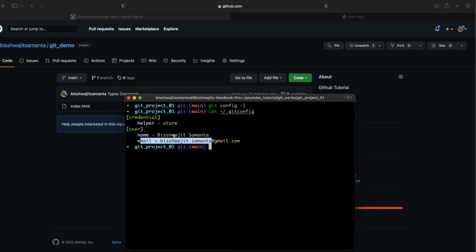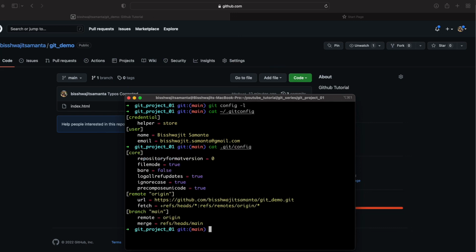This is a global level, right? Now the local level what I can see, the git and the config, I can see that the remote origin got added, right? So how to add all those things? It's very simple. You used to type git config --global and the user email ID, for example, right? It will update the email ID to my global level. If I say git config --global